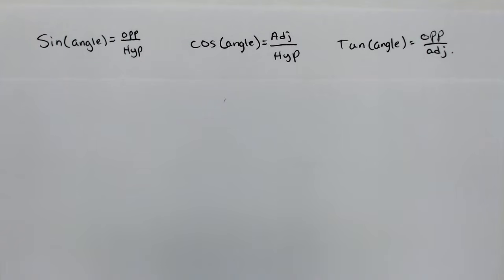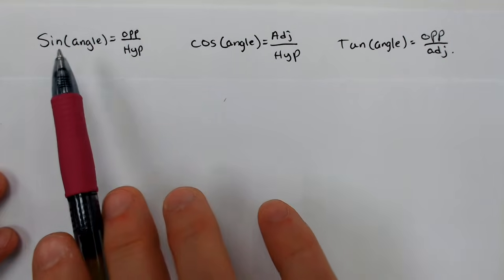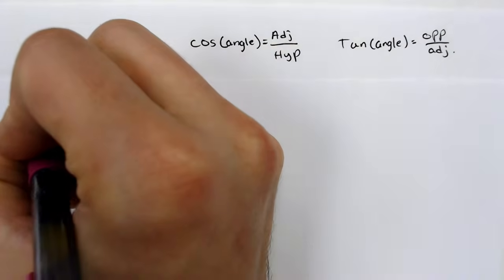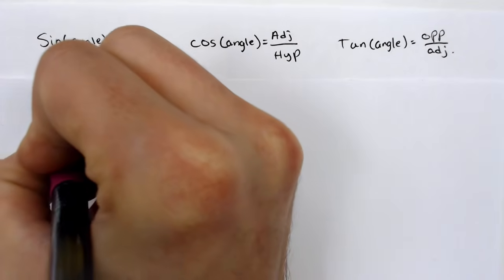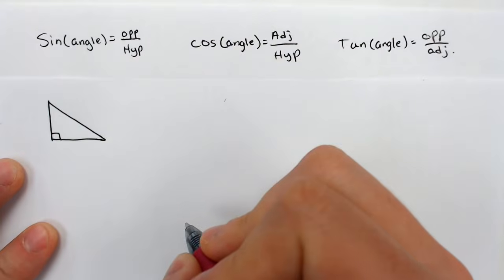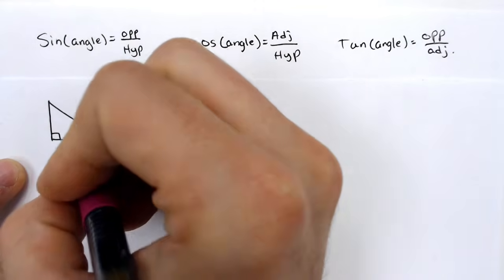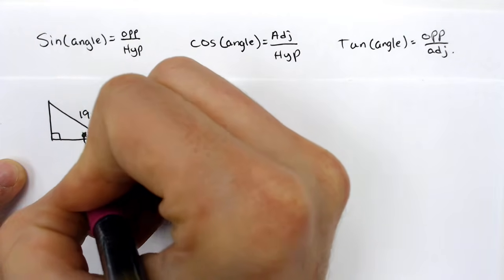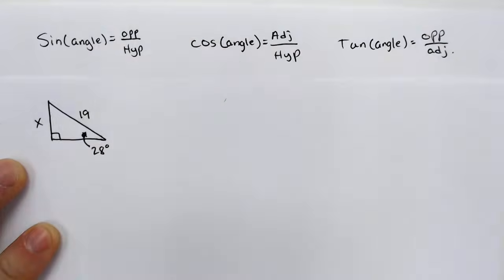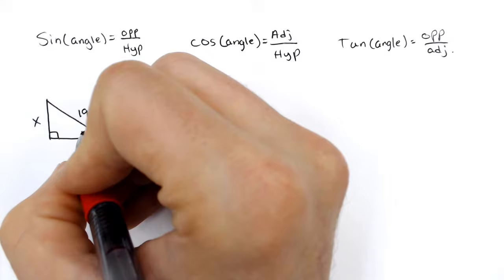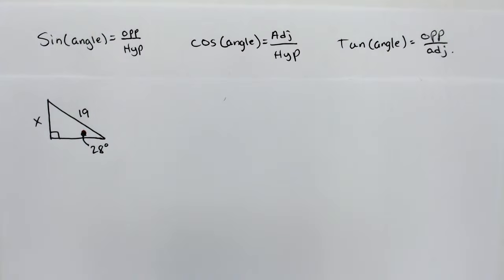Today, we're going to be figuring out the missing side lengths of a right triangle using sine, cosine, and tangent. So, if you have a problem that is a right triangle, and you only know one side length, for instance, if I knew just this hypotenuse, and I wanted to figure out what this side is right here, and you're given one angle measurement, like I'm given this angle right here is 28 degrees, then we can do that